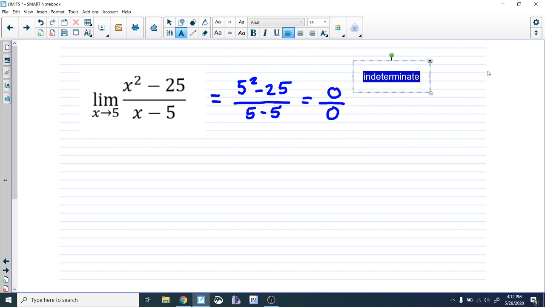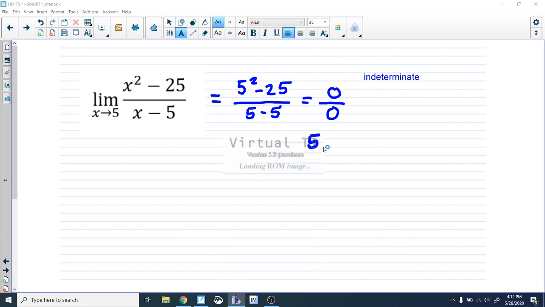Indeterminate means, this is not the most formal definition, but here's what I say: indeterminate means that you have to keep going and try to find another way to get your answer. Indeterminate is not the same as undefined. I like to say that whatever method you used did not determine the answer, so try something else. And so what I want to try next with you, I want to show this to you, is